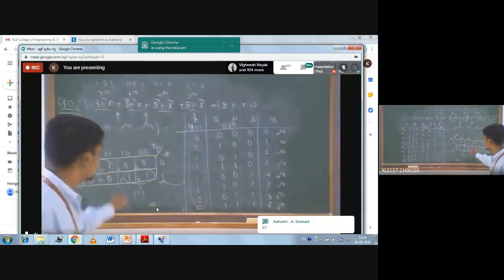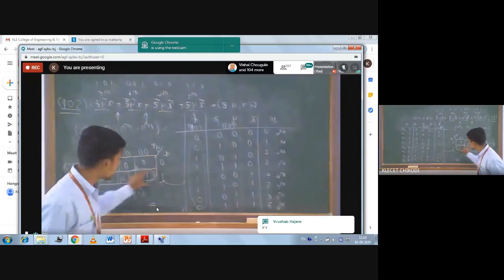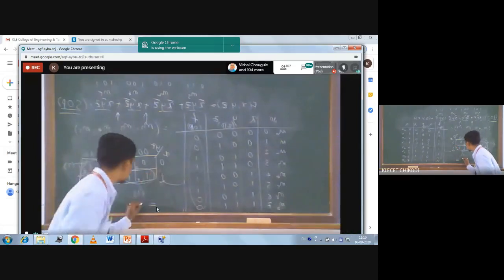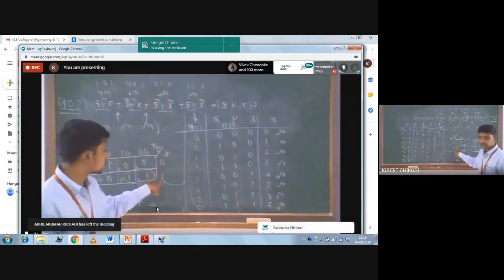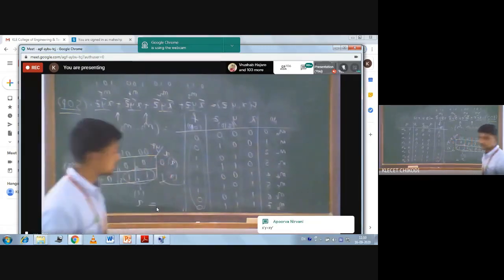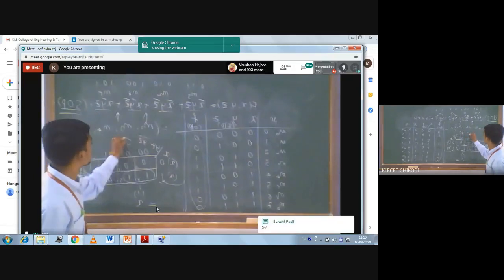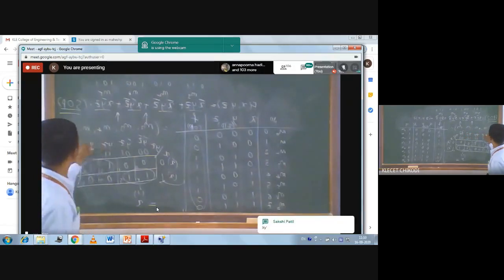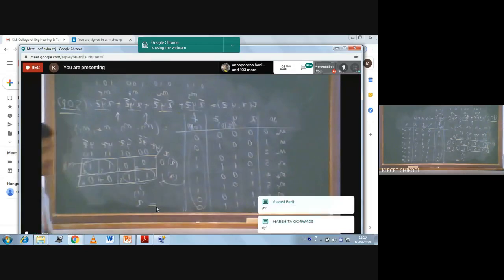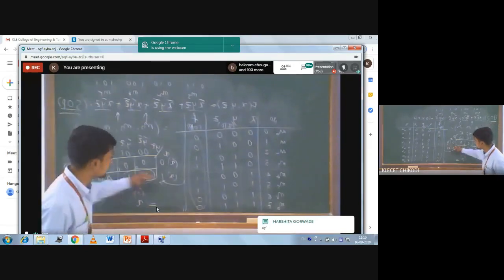You can see here, you have to go row wise. Row wise it is X available. So write X first. Since it is 1, it is X. Or if you want, you can write it here, X bar and X, and Y bar Z bar, Y bar Z, Y Z and Y Z bar. So it will be X Y bar. The first term is X here.